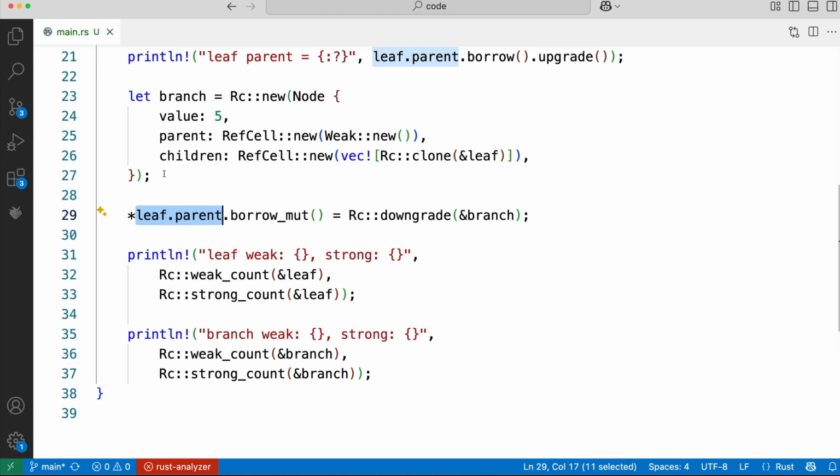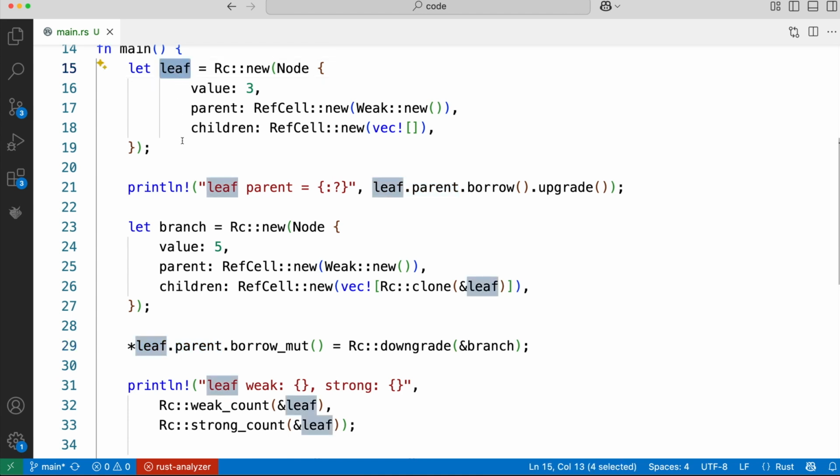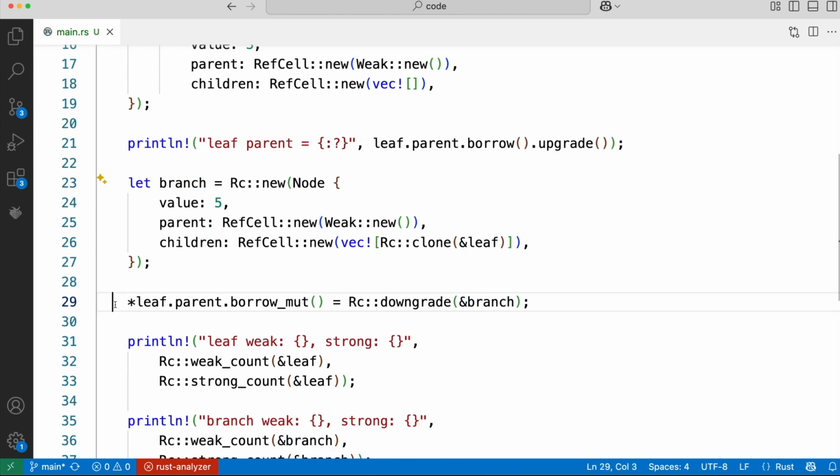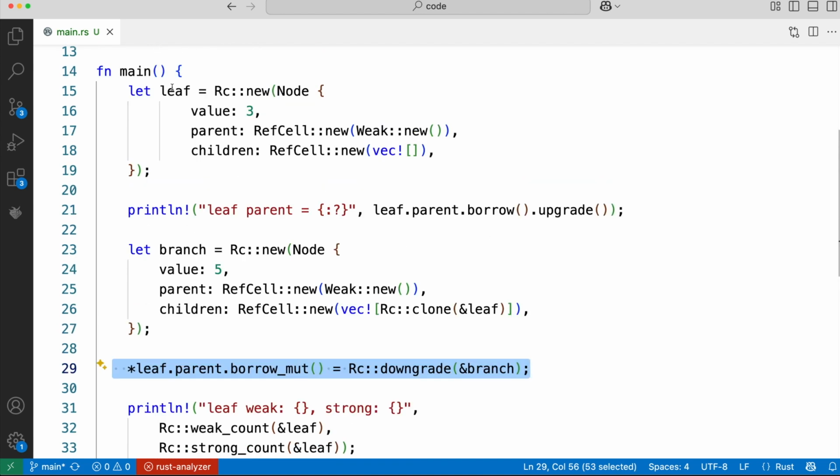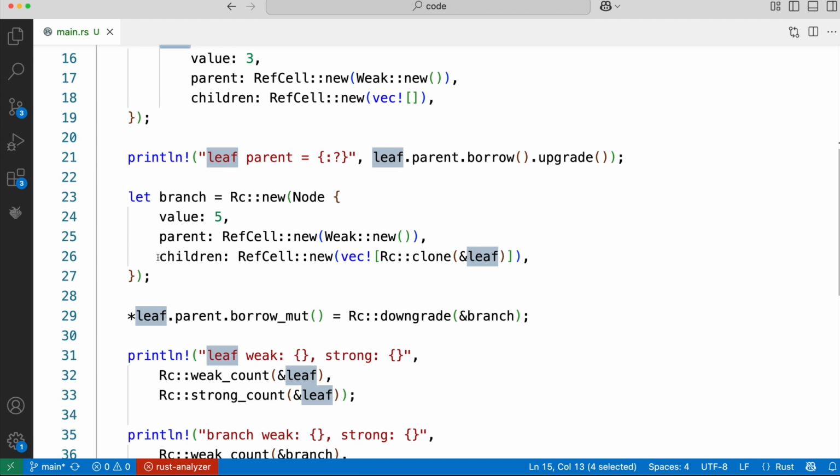Now here's a question. What happens when the branch goes out of scope? Or what do we want to happen? We would still want this to refer to the leaf. That should still be a valid reference if that's in scope. But if we drop the branch, the leaf has only a weak reference to the branch. And we should find we've only got one strong reference to the leaf left, because we would have eliminated this